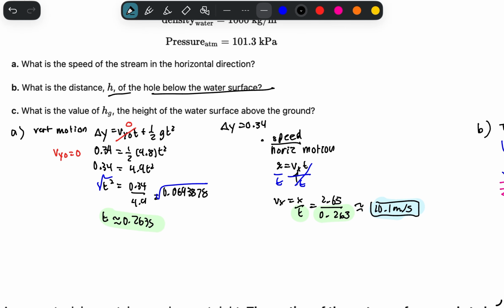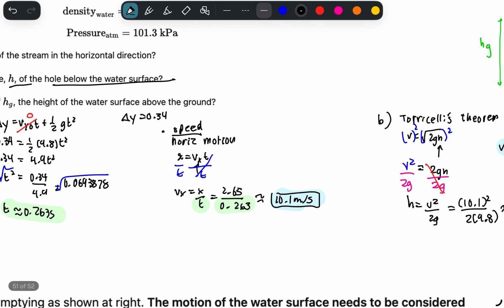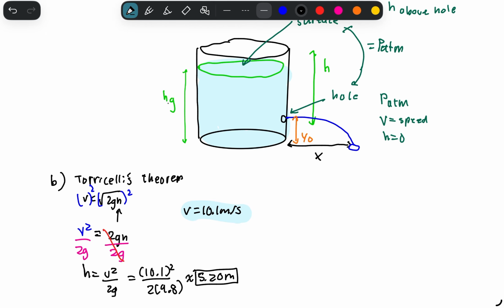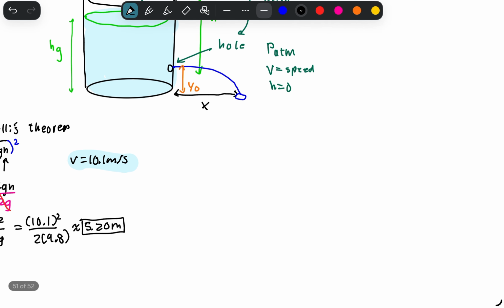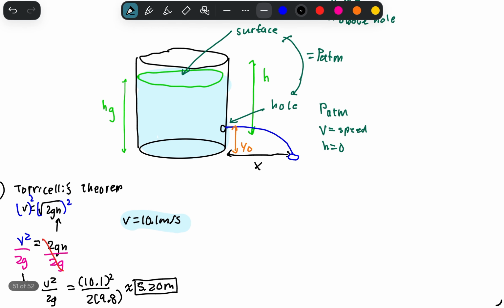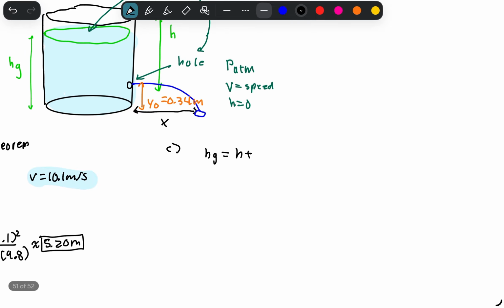Now we're asked, what is the value of hg, the height of the water surface above the ground? So that's hg, that green. We know that the water surface is above the hole by a height of h, and then we know that the hole is going to be above the ground by a height of 0.34 meters. So for part C, we know that hg is equal to the height, which is